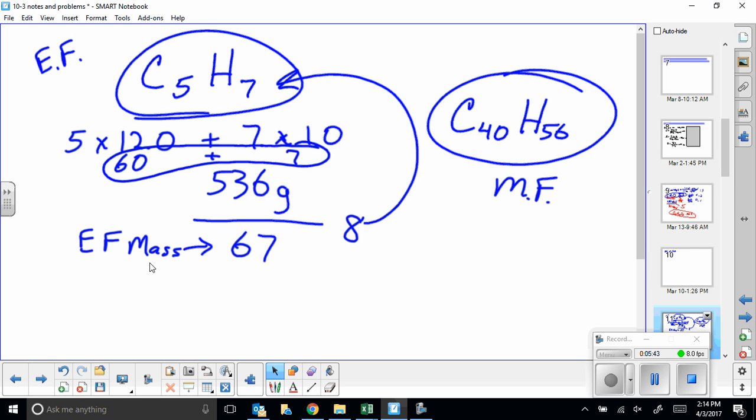We got that by first either calculating our empirical formula or having that given to us. So your assignment then is going to be on the